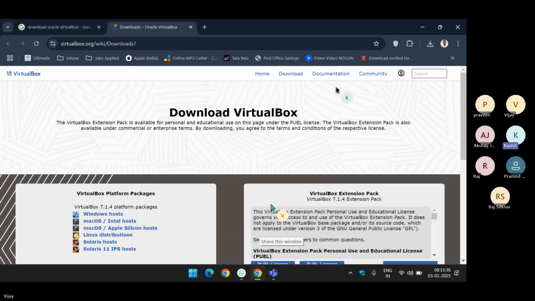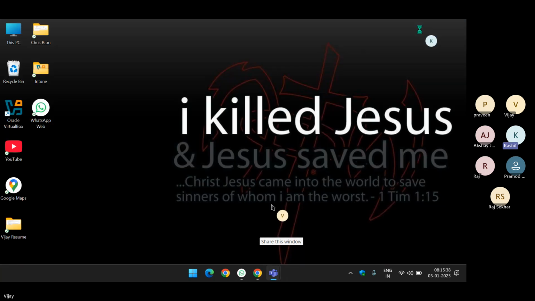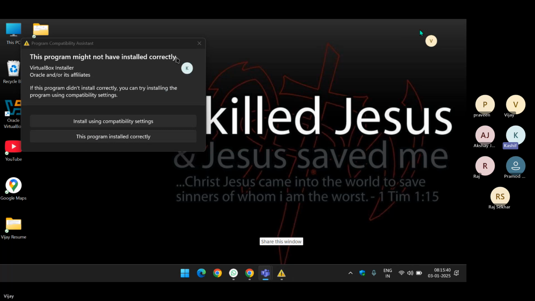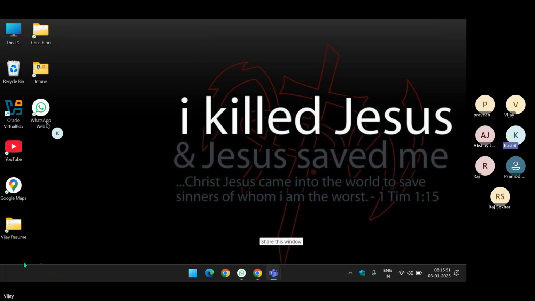Okay, so once you install Oracle VirtualBox, close this. The icon is going to show up on the desktop like this. You see Oracle VirtualBox. When you double click on Oracle VirtualBox,